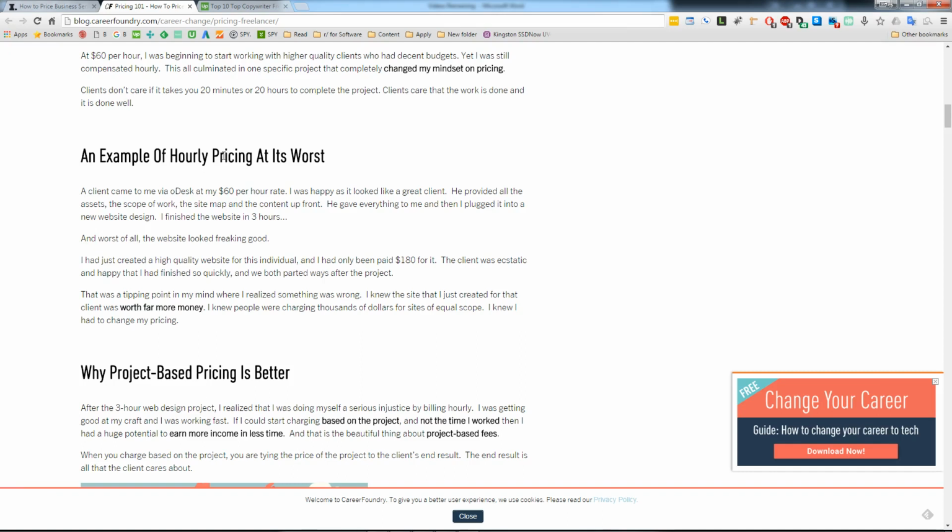So that, in essence, is all you need to know about hourly pricing and project-based pricing for now. Just be aware of the differences, and really the only solution to this question of which one is better depends on you. It depends on you and the clients you gain. Some people, believe it or not, will not accept project-based pricing. They demand hourly pricing. And you have to work with people. You have to work around their criteria for what they're looking for in a writer.